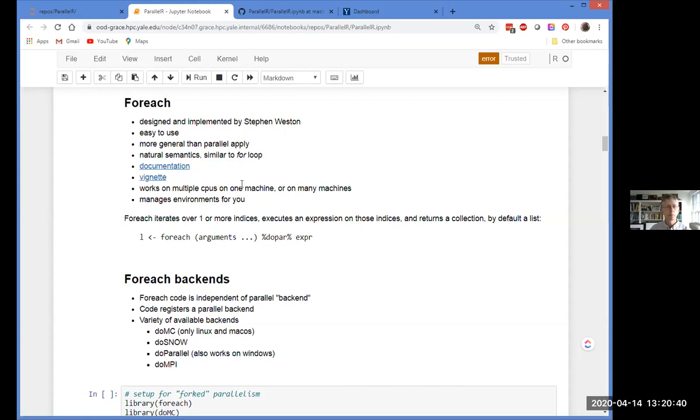So it's one approach that works everywhere, as you'll see, without having to make significant changes to the code. The thing I really like about it is it does a good job of managing the environment that the parallel workers see. We'll talk about that a little bit later, but that's really a key thing.